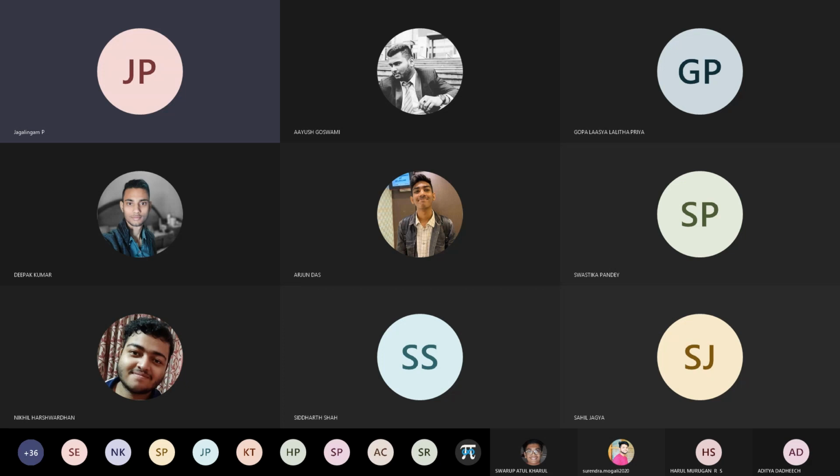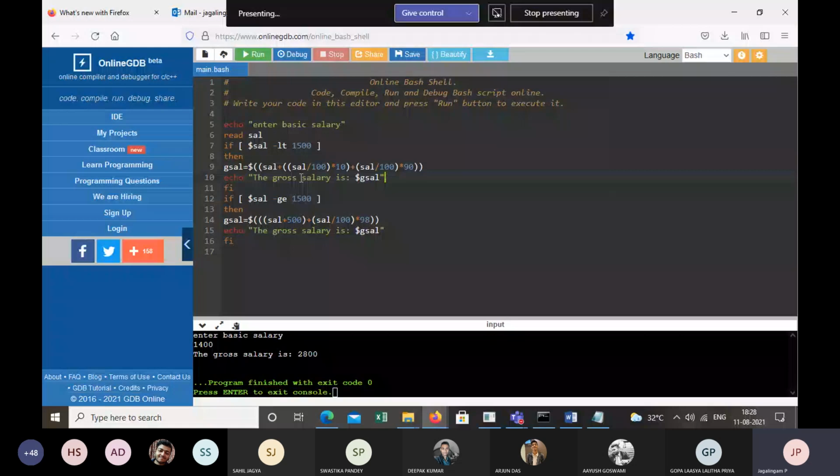Good. The problem is there should not be a space after the equal symbol. Previously, what we did is we gave a space after the equal on the right hand side. That has to be removed.